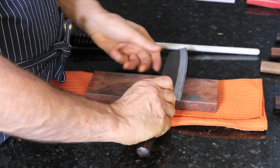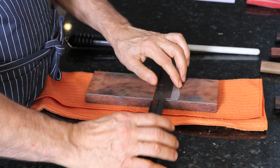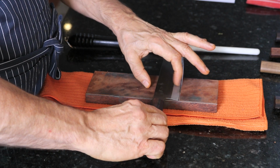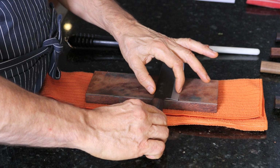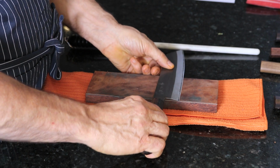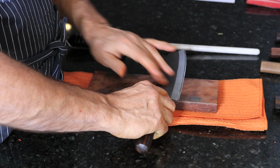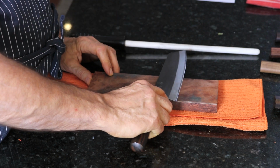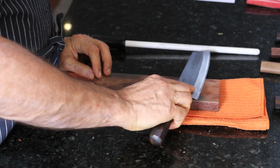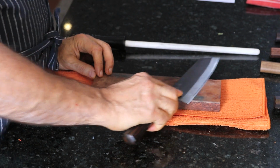So to determine your angle, you put your knife down on the strap, and you lift the knife up and try to grab your nail. Once the nail is not grabbing anymore, you know that you've got the right angle. So the movement to realign the edge with the leather strap is like this. All you need is maybe 3 passes